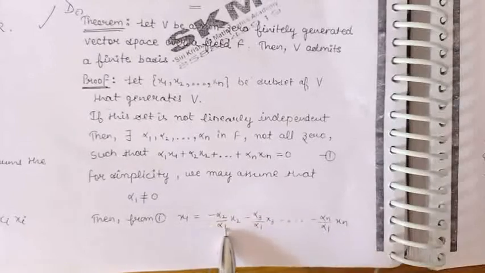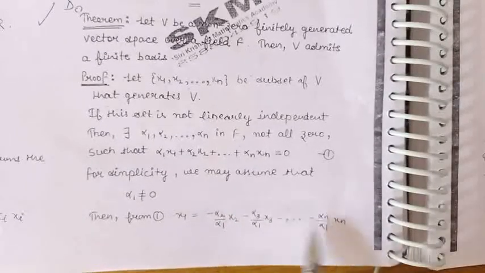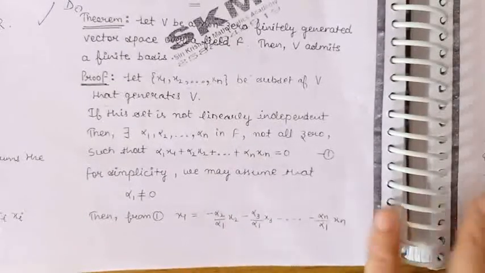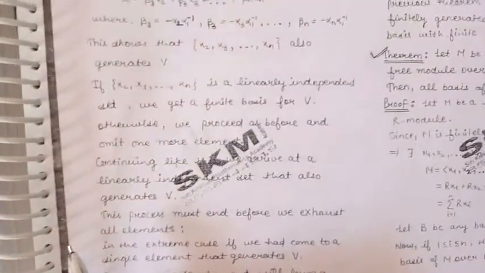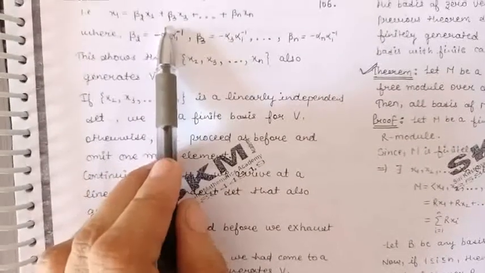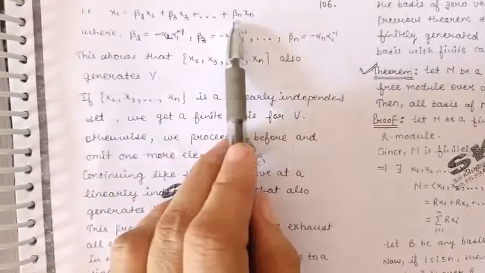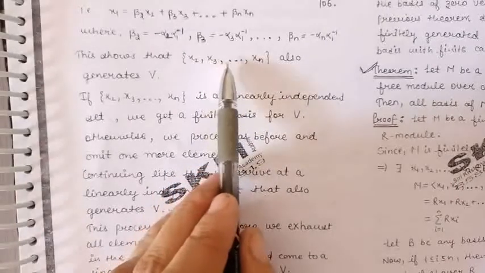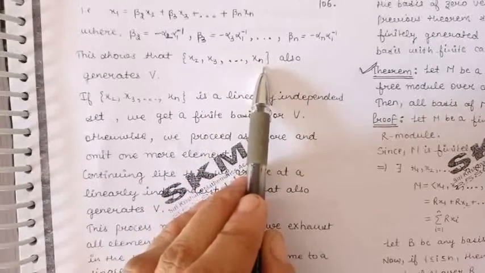Let us denote these coefficients by beta 2, beta 3, up to beta n. So x1 can be written as beta 2 x2 plus beta 3 x3 and so on up to beta n xn. So we have shown that the vectors x2, x3, x4 and so on up to xn